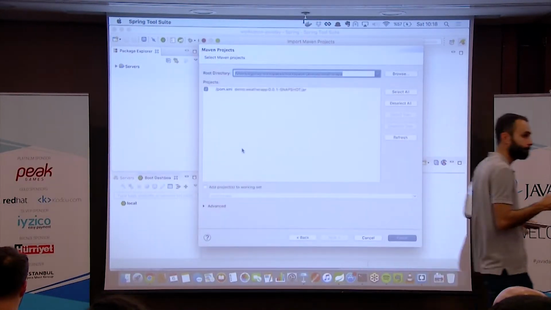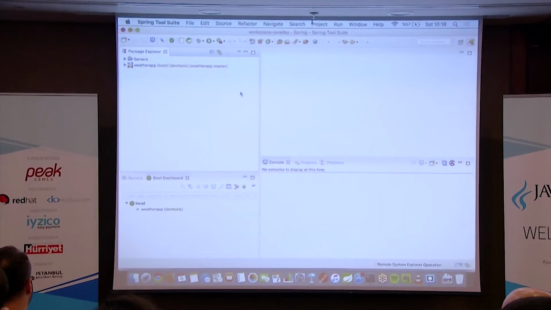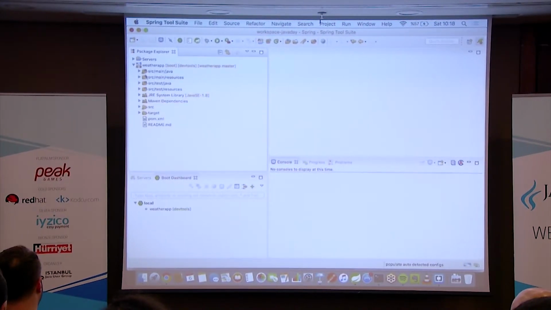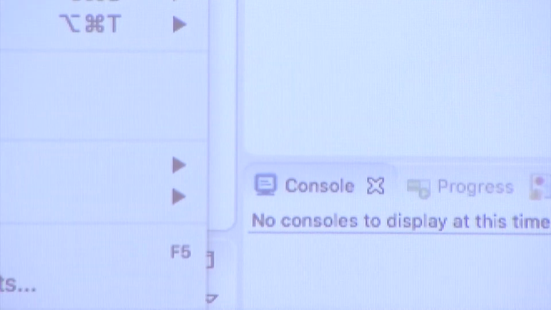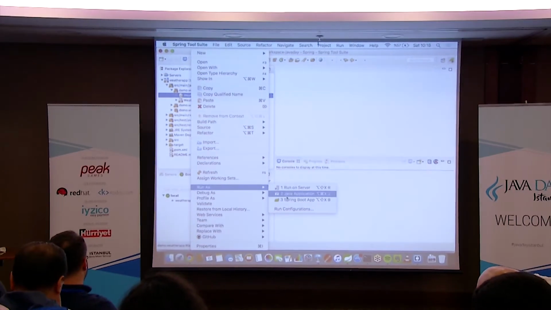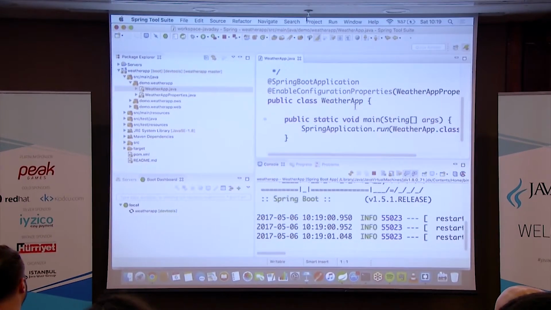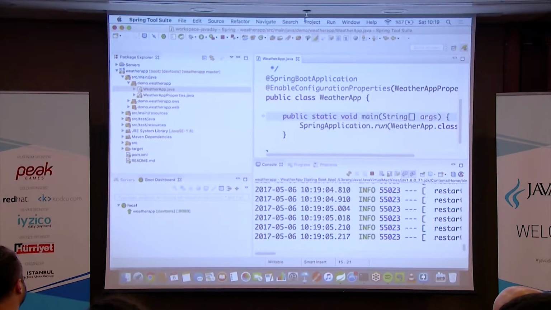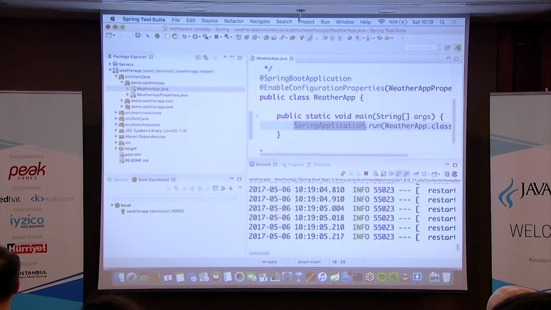Okay. I will import the project. This is a Spring Boot application. And then I will show you what we will gain at the end of this session. I will run this plain old main class. It's nothing special. It's just a Java class with a main method, including one line of Java code and a